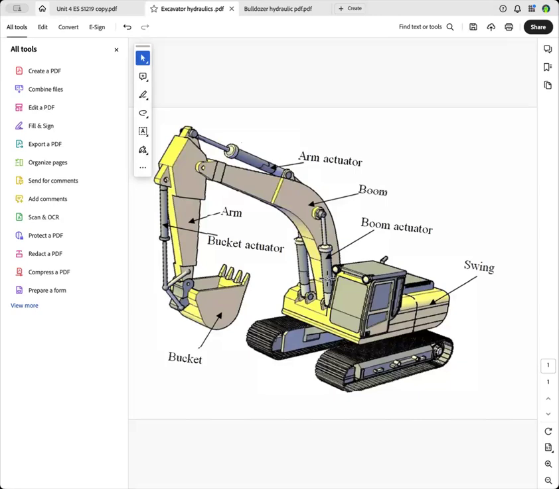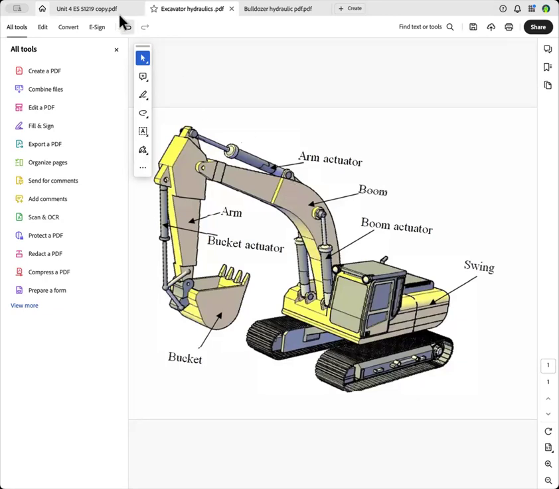And obviously the strong direction is pushing that up there so that the boom, which is quite heavy, and the mass in the bucket